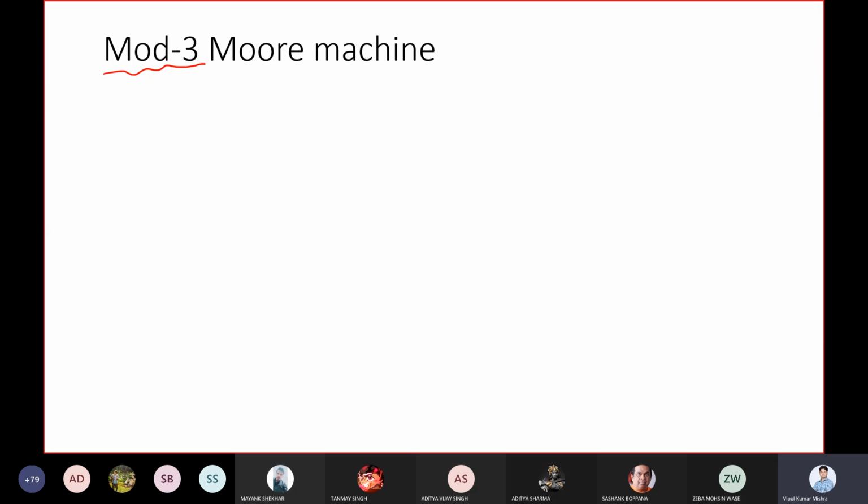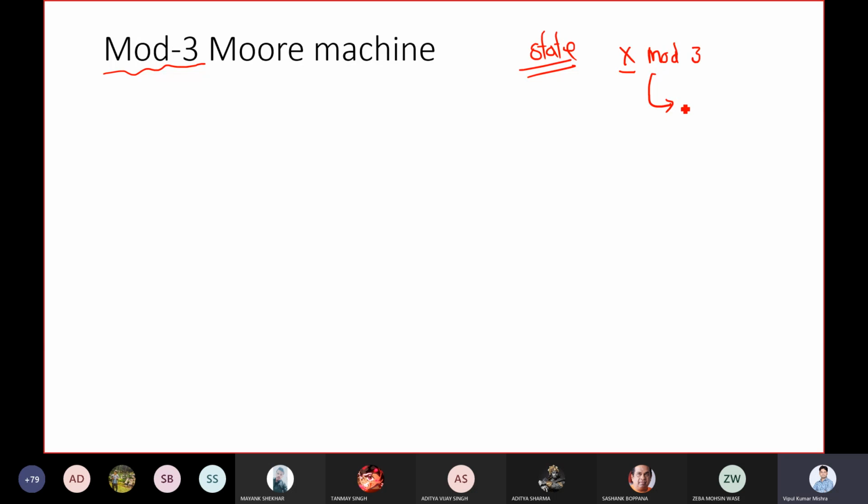Later on, whenever you understand the theory of automata or theory of computation, you will understand how to make those state diagrams, how to make those machines, right? To make this machine, first of all, we need to understand how many states will be there. In order to find this, first we have to find out when you take mod 3 of any number x, how many values are possible?